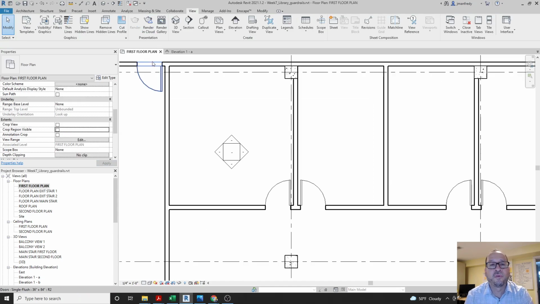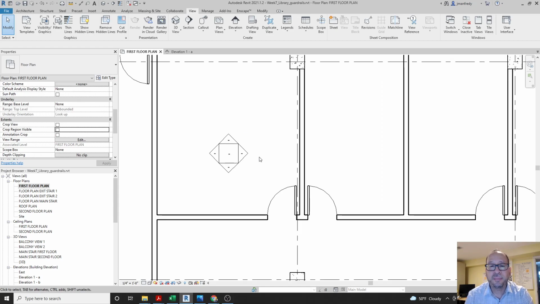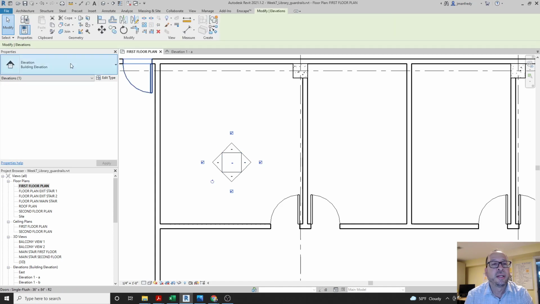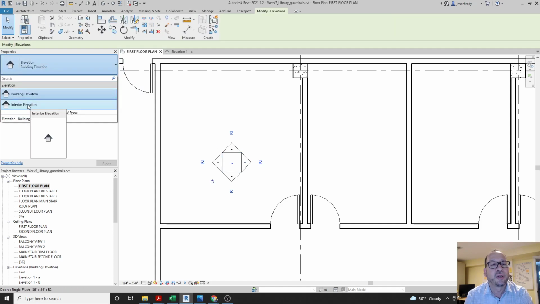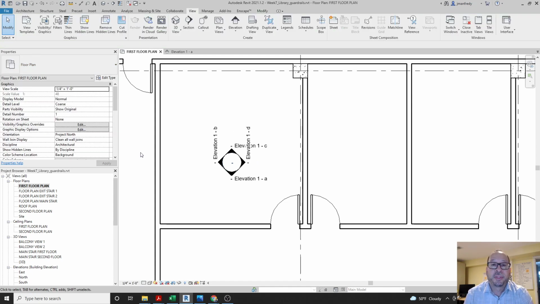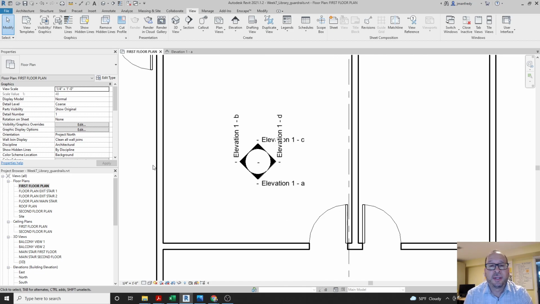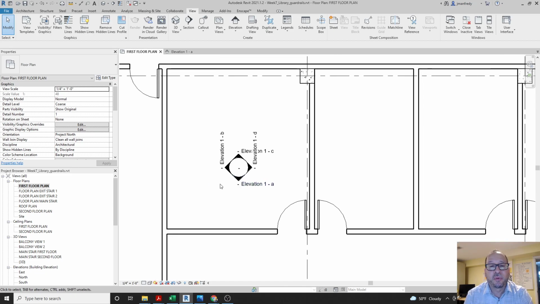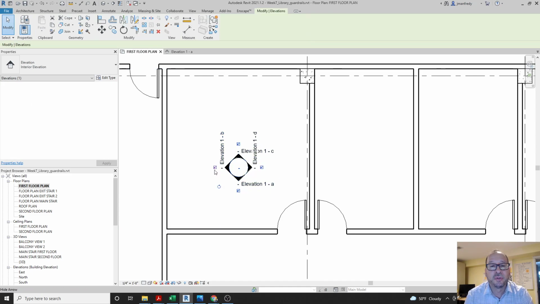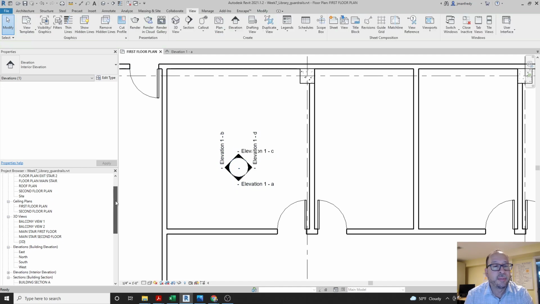Now if I go back to the floor plan, if I decide to use an interior elevation tag, I can click on this object here and here change it from a building elevation to an interior elevation tag. And that becomes this. But this looks rather busy. These are the names of the elevations that were created by virtue of clicking on this object here, this family, and choosing these checkboxes. That automatically makes, if you look here,